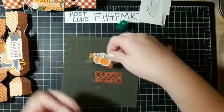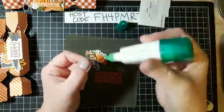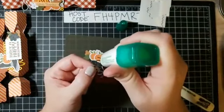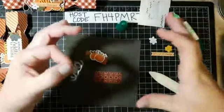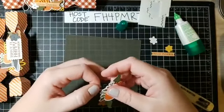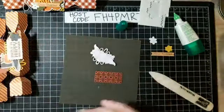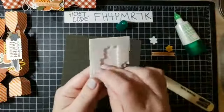I think I'm going to add another one too. Let me pull out another one. These are really a really fun shape. I would love it if we had a die that was much bigger, but this shape, I think that would be a really cool thing to add to cards. Isn't that cute? Okay, let's add that to we're gonna add our flowers in just a minute, but let's add